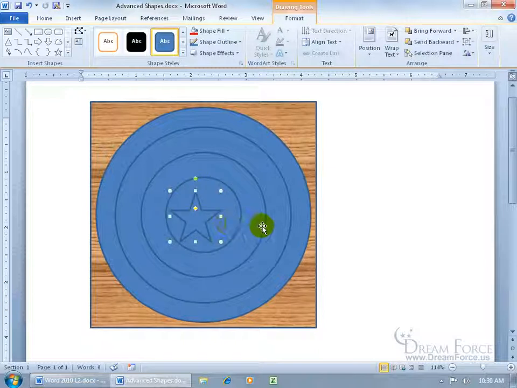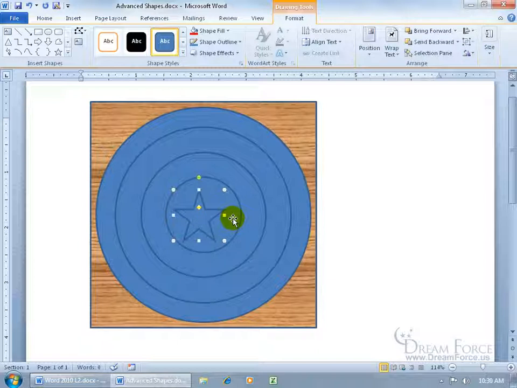So I can either go ahead and click and drag and try to get it to the middle, and when I click and drag, it's hard to move it incrementally unless I use the arrow keys on the keyboard, and if that's not incremental enough, then hold down the Control key and use the arrow keys, and it moves it in smaller increments. Still, I'm not getting it in the center of the circle, so, like we did before, go ahead and select